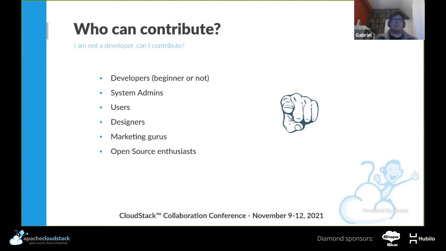And here is a shout to any designer, please. We need some help with the website. I think that we have a website that's good in terms of presenting a lot of things, but it's good like 10 years ago. And nowadays it started to get a bit outdated. And if anyone can help us here, we are really struggling to enhance it. I mean, it's developers and system admins making websites, so that's not really the fanciest website. And as I mentioned before, it is probably the first touch that anyone has with the product.